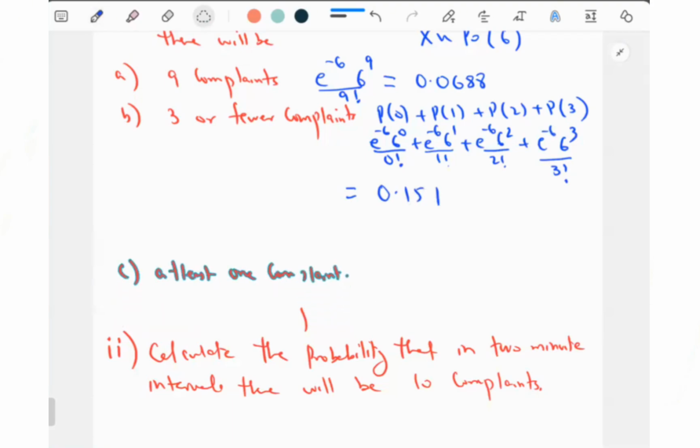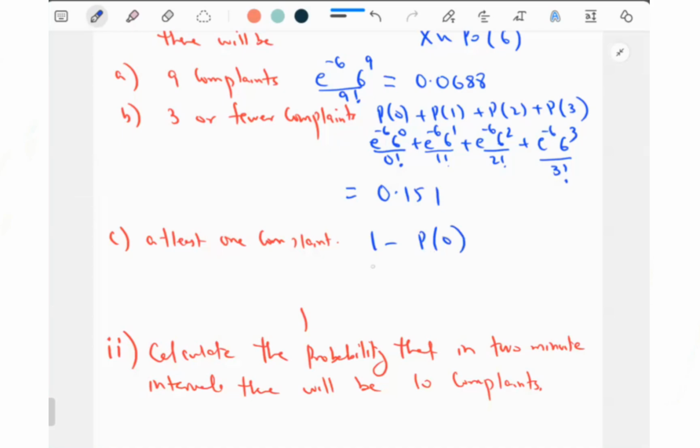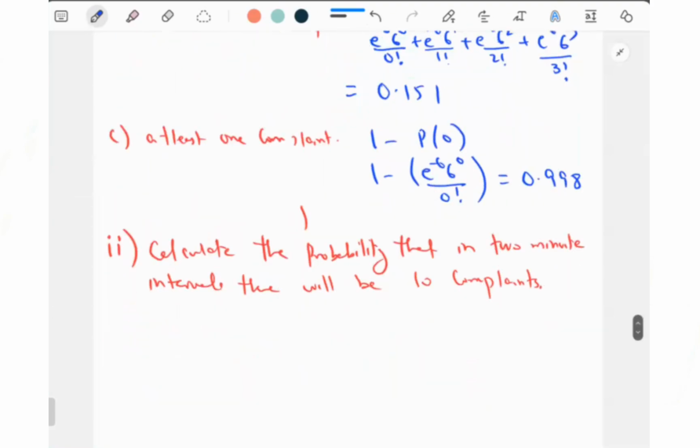एटलीस्ट वन कंप्लेंट का मतलब है 1 या 1 से ज्यादा, यानी कि 1 माइनस प्रोबेबिलिटी ऑफ 0, 1 माइनस e माइनस 6, 6 की पावर 0 अपॉन 0 फैक्टोरियल, 0.998। आर यू ऑल विद मी? डू यू ऑल एग्री? ठीक है।